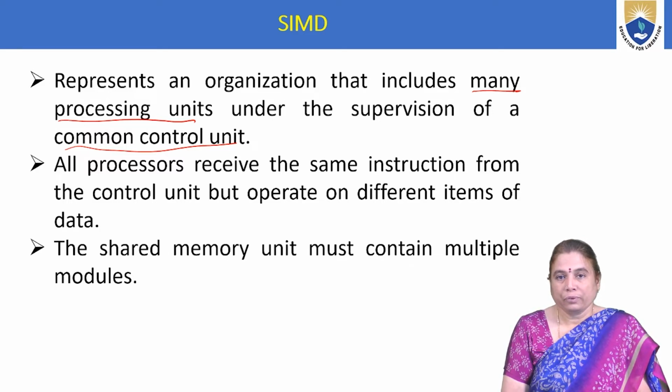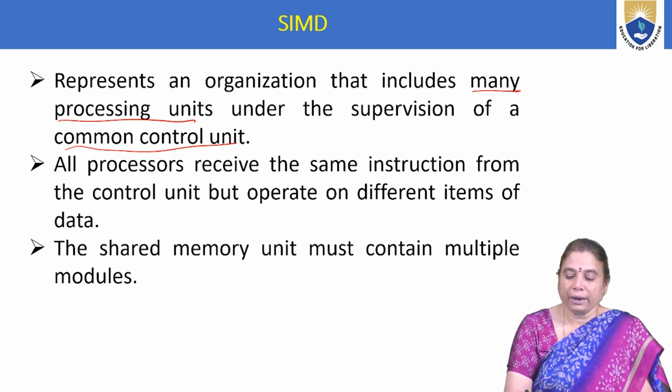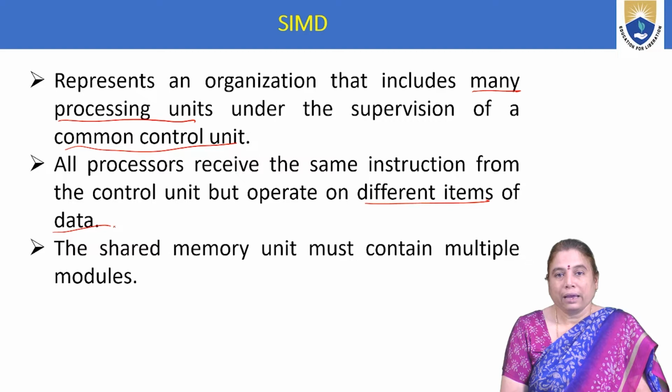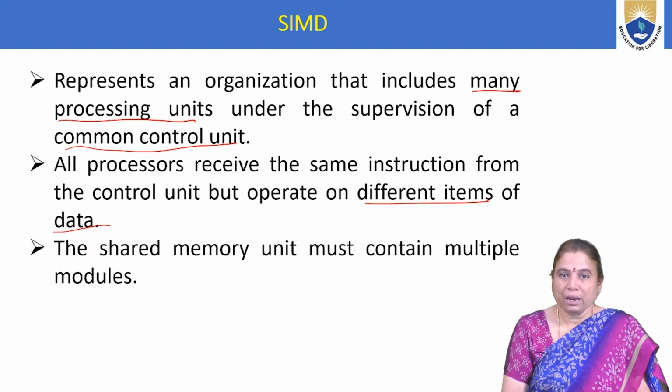All processors receive the same instruction from the control unit but operate on different data items. They receive the single instruction, but the operational buffers can take different data items for execution of